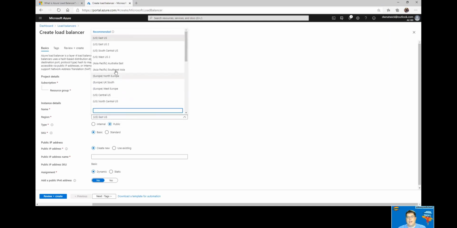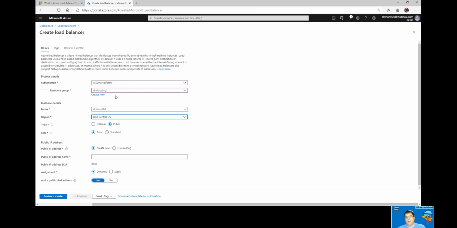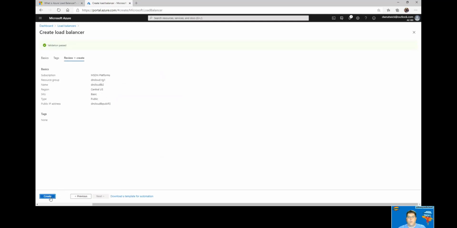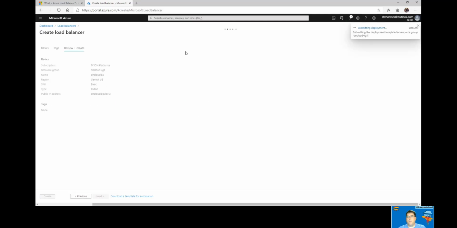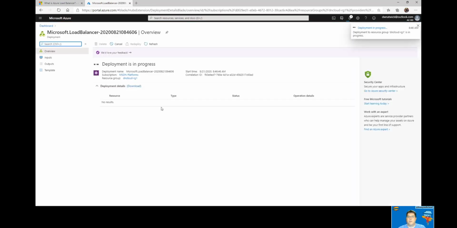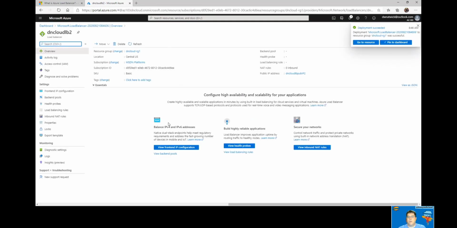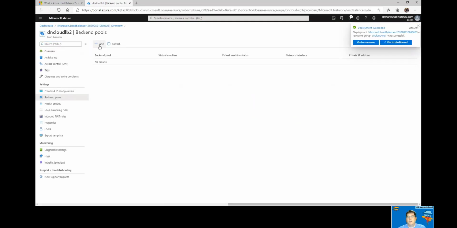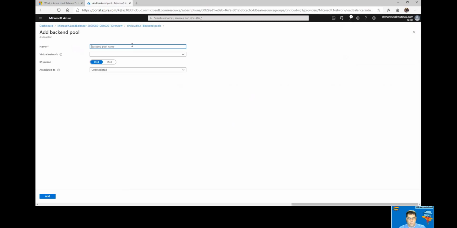One thing you need to understand when creating a load balancer, if you want to connect existing resources, that load balancer needs to be in the same region as the backend pool that you're going to utilize. So we're reviewing and creating. And again, once this load balancer goes, go to our resource, and here we can add our backend pool,